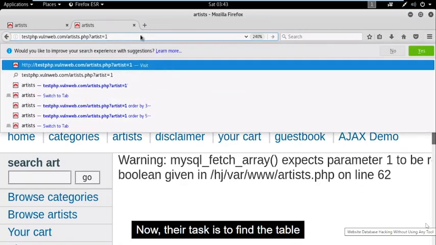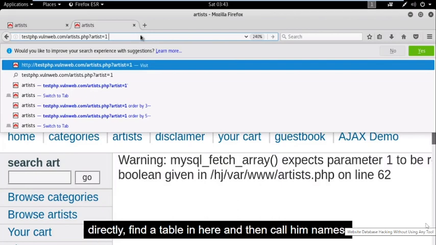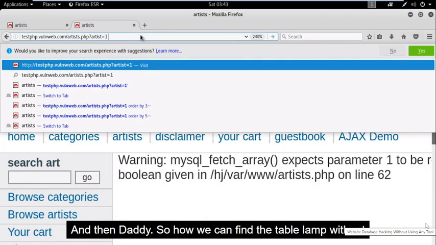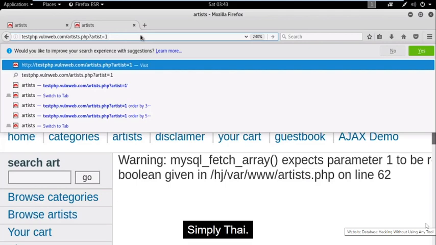Now the task is to find the table names. We don't need to find the database here, right? Because we can directly find a table name here and then column names and then the data. So how can we find the table name without using any tool? Do one thing. Let me show you the command. Like what command you can use. So you can simply type here